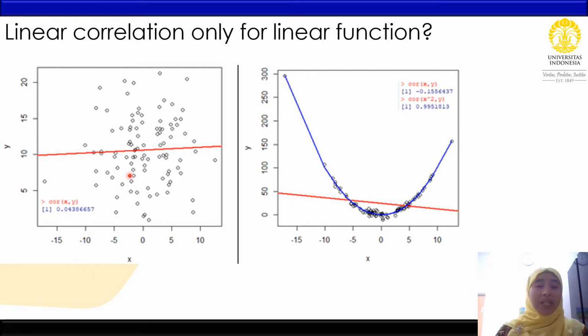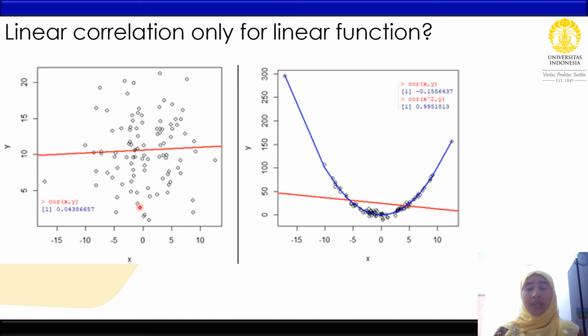Here we see from our example. Let's see, we have a scatter plot like this. And then if we are to fit this plot using a straight line here, we see that the correlation is almost zero. And it just makes sense because, for small x and for large x, the value of y is just scattered. They have low values and high values as well, no matter what the value of x. So it just makes sense to say the correlation between x and y is really low, and that is implied